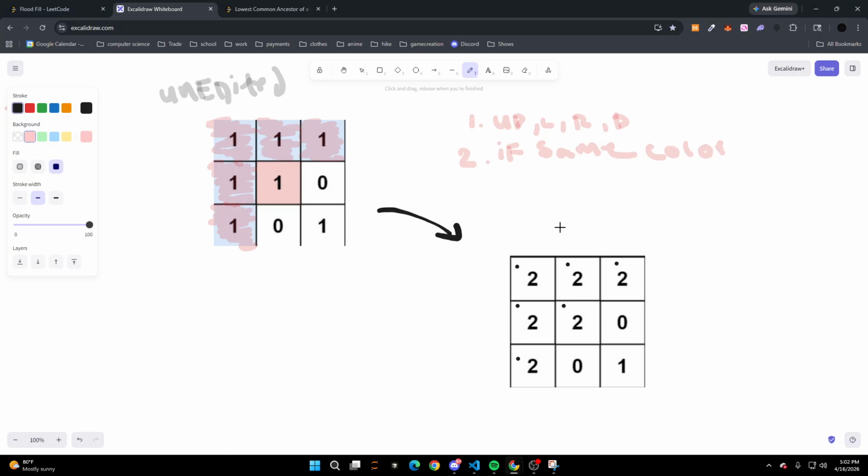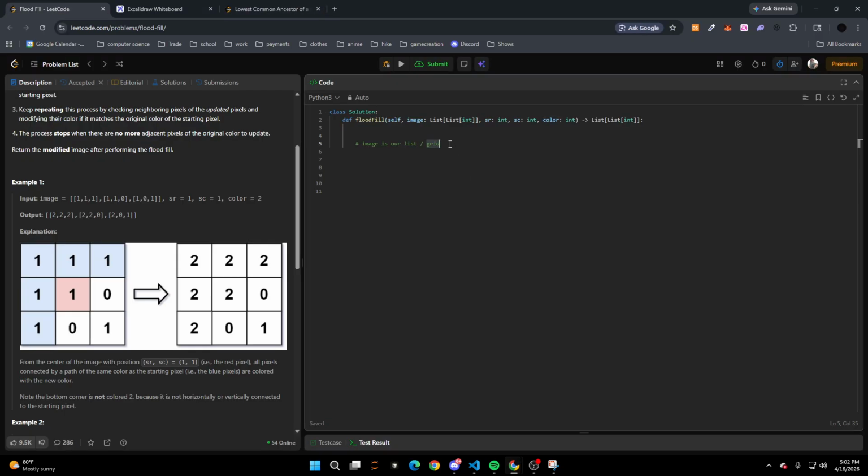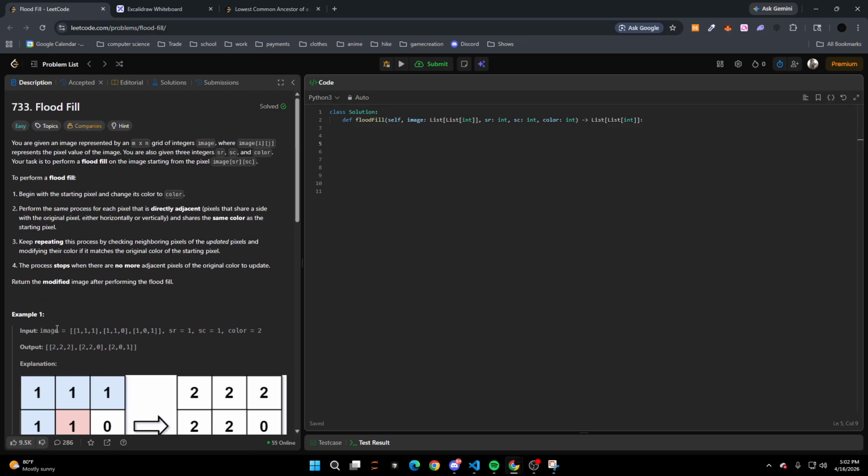So now as we have an idea of what we're doing, at least how we're starting from the original row and column, we're moving up, left, right, or down from whatever point we're in, and whether or not it's the same color, then we can change that color and that it connects. So now we need to figure out a way to write that in code and the thought process of how to achieve that. Well, the first thing that we're going to need to do is, if we have an original